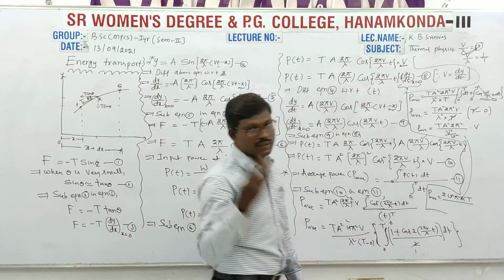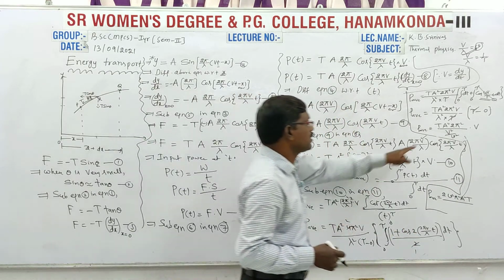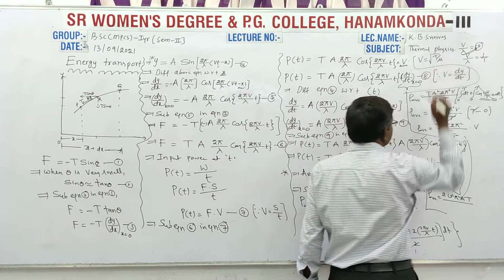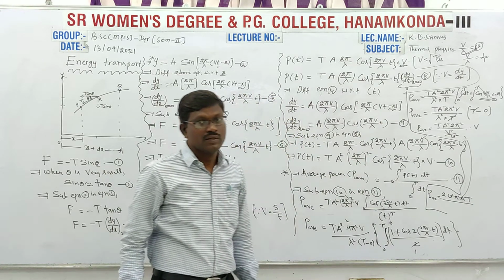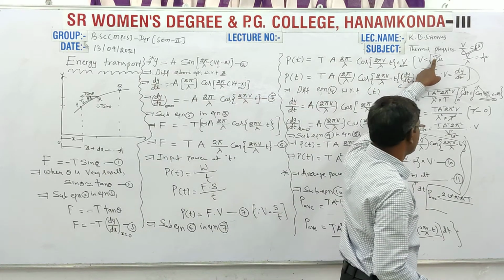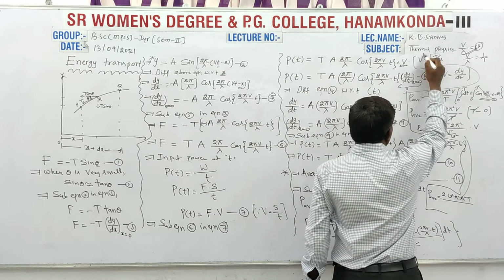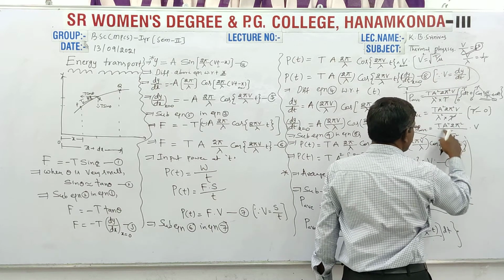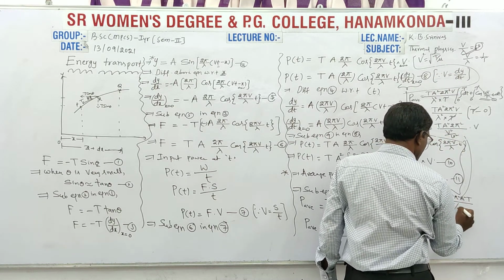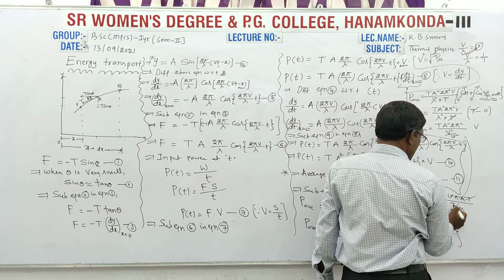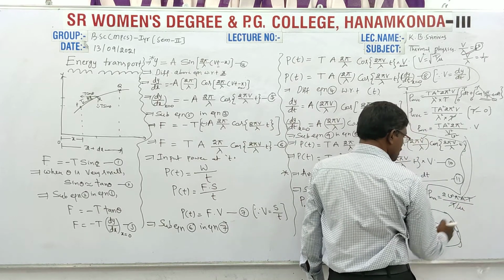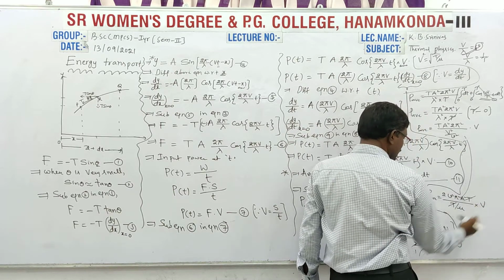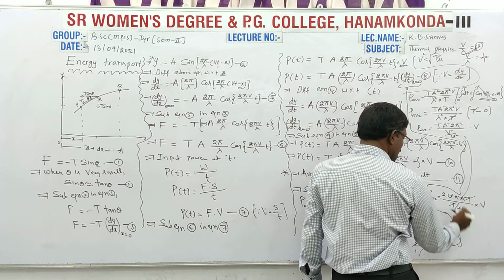In the beginning of the chapter only I have calculated the velocity of the transverse wave. V is equal to under root of T by mu. But here we are having v square. If I square on both sides, the root gets cancelled. Finally, we are having T by mu. So instead of v square, you can substitute T by mu. This numerator T and denominator T get cancelled. So mu goes into the numerator into v. Every time we have to maintain velocity. Mu goes into the numerator, multiplies the numerator.